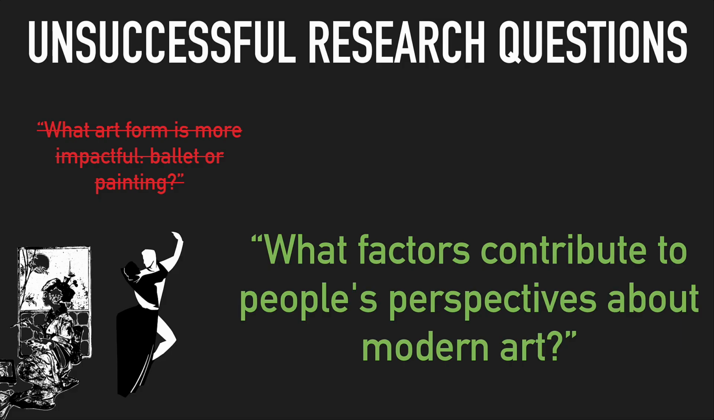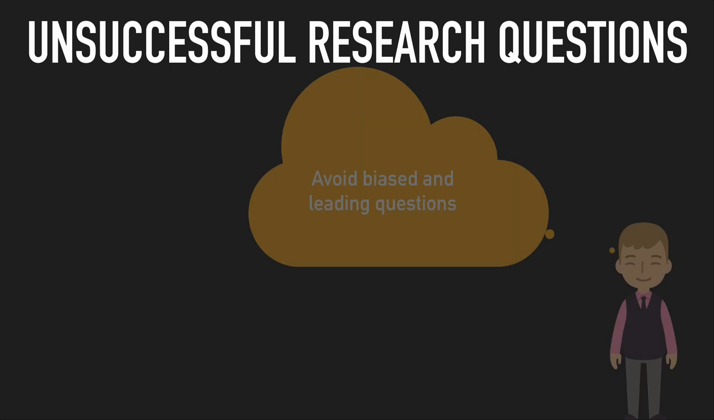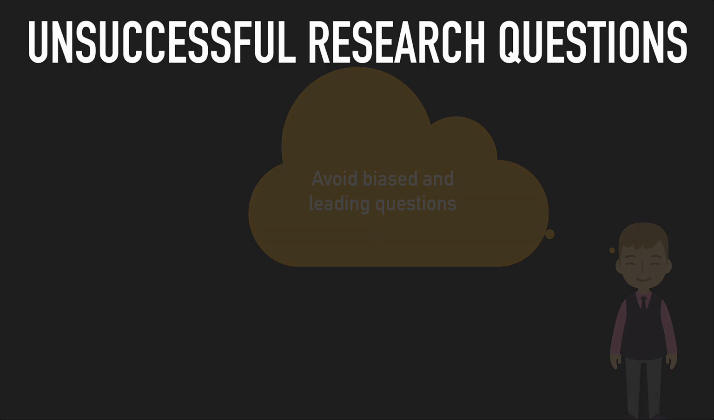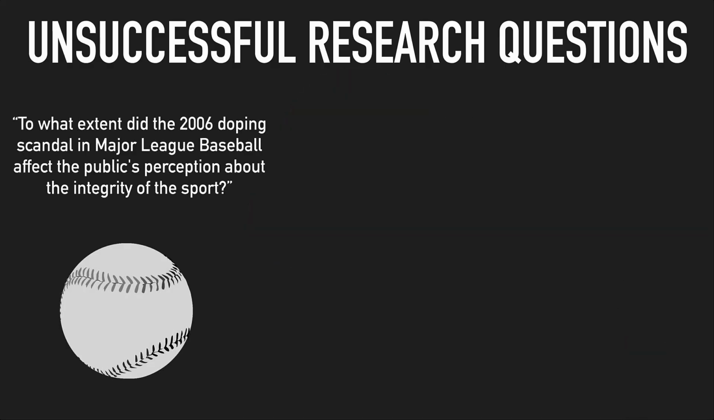Finally, we need to be careful of bias or leading questions. This means that you have already decided what the solution to your question is. Let's look at this question. To what extent did the 2006 doping scandal in Major League Baseball affect the public's perception about the integrity of the sport? This question makes an assumption that the doping scandal did change public perception, but we can't possibly know